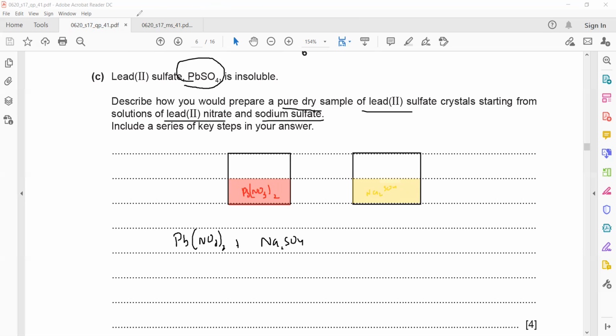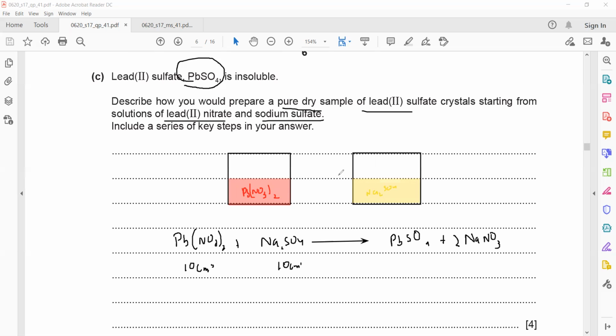This results in the formation of lead sulfate, PbSO4, plus sodium nitrate, NaNO3, and this will be 2. So it shows that the ratio of lead nitrate and sodium sulfate is 1:1 according to the equation. So if I took 10 cm³ of lead nitrate, I should take 10 cm³ of sodium sulfate for